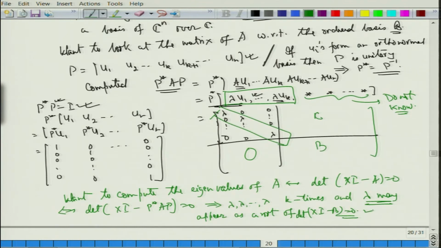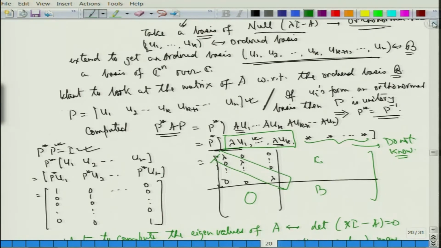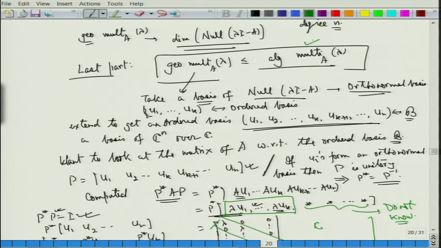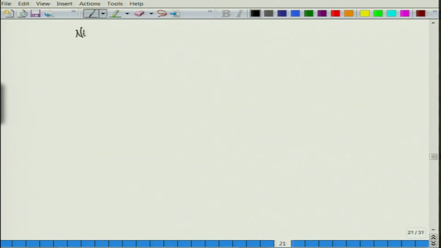So I do not know about this part, so the lambda can be more, so the algebraic multiplicity can be more. All right, so this is what we wrote here, that algebraic multiplicity can be more because some lambdas can appear from B. All right. So this is what we had, and this is what happens in most of the examples when we look at what are called nilpotent matrices. So if I look at the nilpotent matrices,